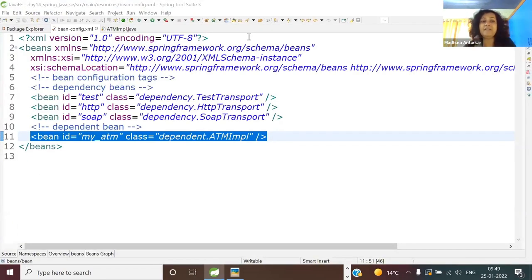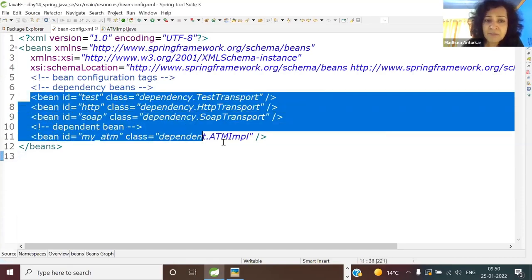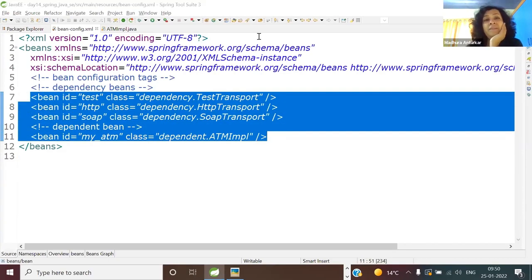So it is singleton and eager. Singleton and lazy is wrong. Singleton and eager. The value of lazy-init is false. Lazy equal to false is equal to eager. So what is the combination we are having? For all four beans, singleton and eager. And trust me on this, guys, all our beans, you remember I showed you the complete ladder, controllers, service, repository, are all going to be singleton and eager. So the maximum time we will spend is in understanding singleton and eager. So I have the same question. When this particular file is parsed, how many beans would be created in the Java heap?